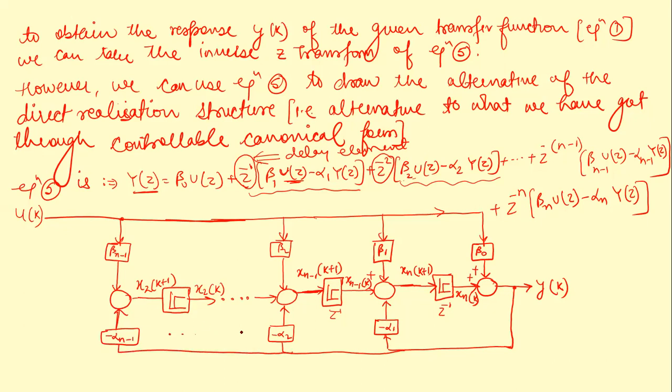And all these elements are somewhere in between, right? So because this is nth order, similarly we have z raised to the power minus 1, an nth delay element here. So nth delay element,